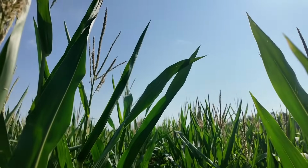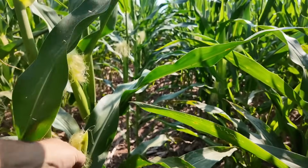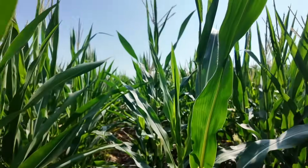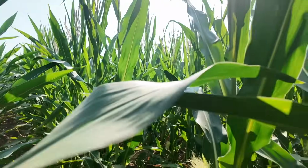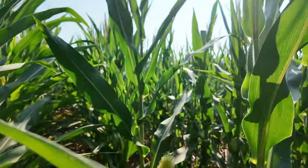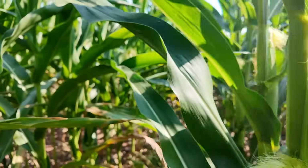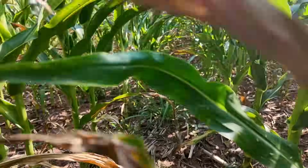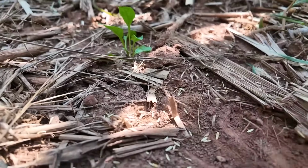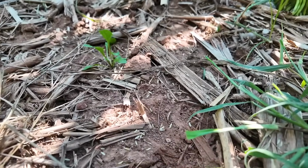There's enough moisture here to knock that pollen down to the nice blonde, what do you call it, ear or silk. The silks are getting pollinated. So as you can see, the lower leaves on this are a little bit burned off because of the dry weather. But if I dig here just a little bit now, a few days ago, so you see how easy